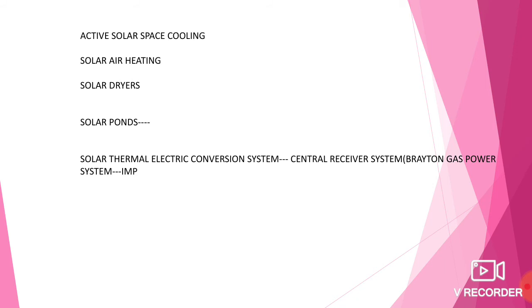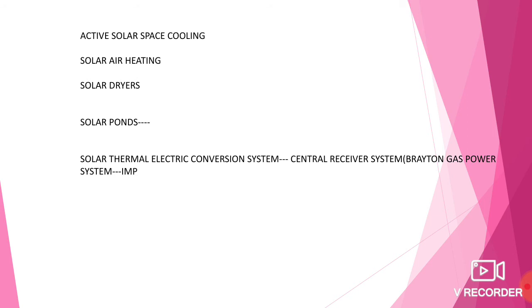Again in the solar thermal power production system, the energy is first collected by using a solar pond, a flat plate collector or a focusing collector. This energy is used to increase the internal energy or the temperature of a fluid. This fluid may be used directly in any of the common or known cycles such as Rankine, Brayton or Stirling, or passed through a heat exchanger to heat a secondary fluid, which is used in the cycle to produce mechanical power from which electrical power can be produced easily.